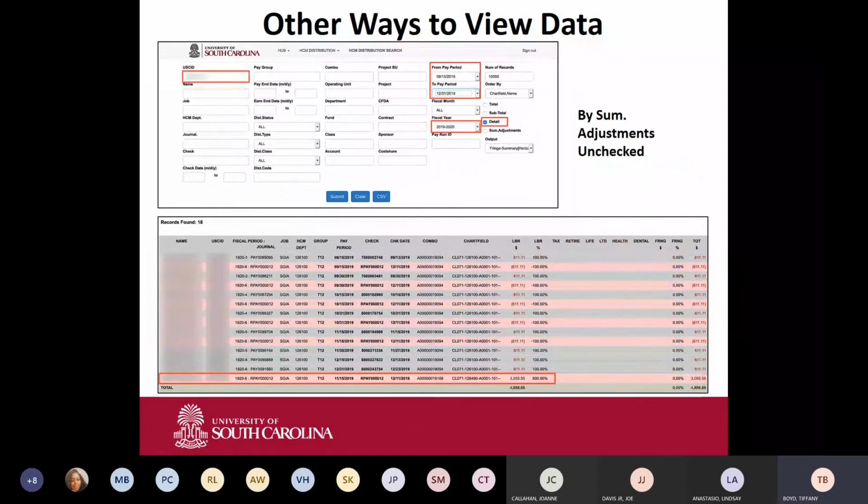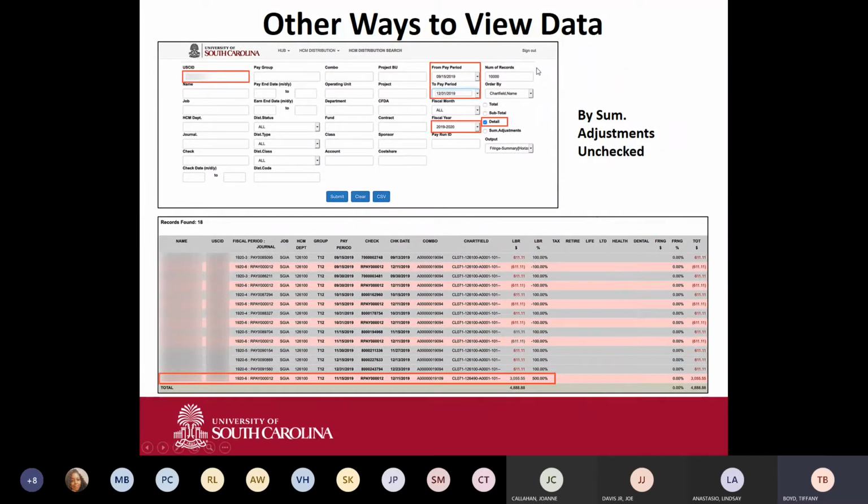And then one of my favorite features, Joanne picks on me, is this fun little box down here called Sum Adjustments. So in this example, you'll notice that there's a lot of retro funding changes, right? We got a lot of pink lines. So we see where the payroll hit, and then we had a retro funding change come through to remove it. So it kind of gets a little busy, but the total amount that's been charged for this particular employee is